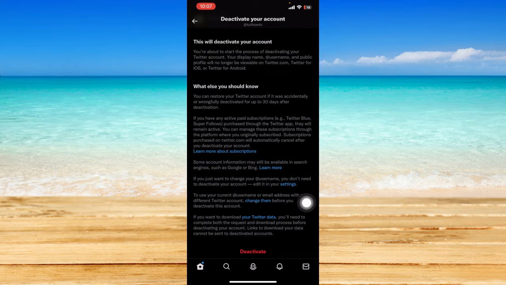once you have made that final decision. So one thing that you should know is that you can restore your Twitter account if it was accidentally or wrongfully deactivated for up to 30 days after deactivation. So within that 30 days, you can decide if you want to take back your account and reactivate it again, or just leave it at that 30 days. So after 30 days, it will be automatically permanently deactivated or deleted from Twitter. So if you want to delete it permanently, you can just deactivate, wait for 30 days, and Twitter will delete